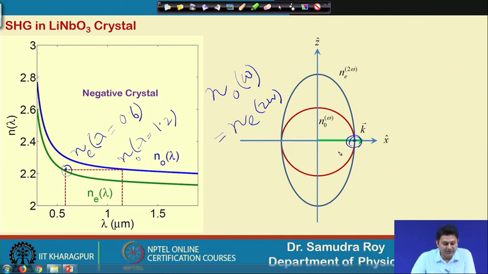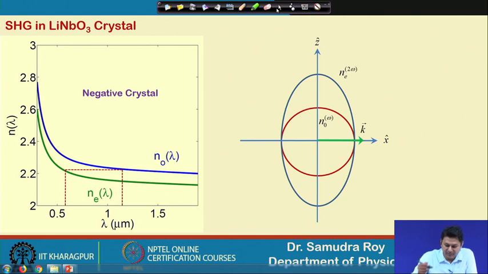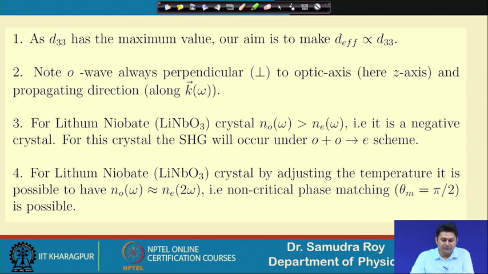If I do that, then this non-critical phase matching has some facilities. Since it is non-critical, the k vector and s vector both will follow the same direction. So, the s vector is also going in the same direction. These are additional advantages that we have. If we have this kind of phase matching issues, then we need to find out a few other things.